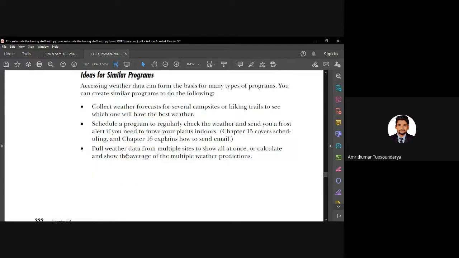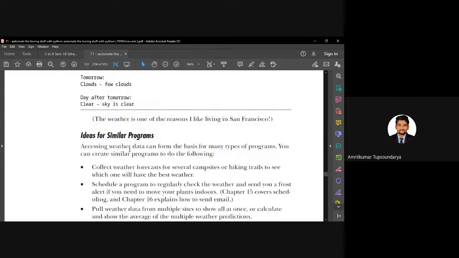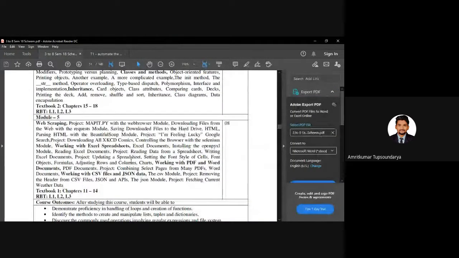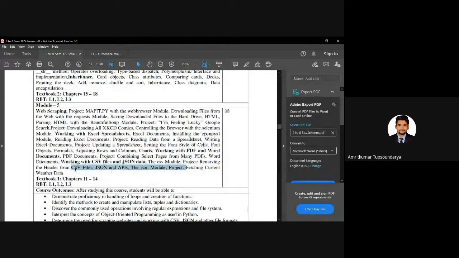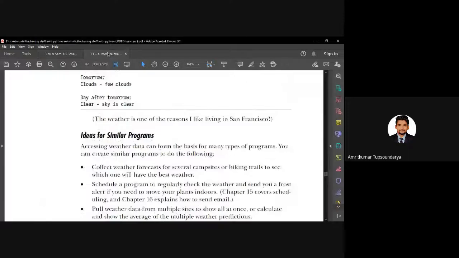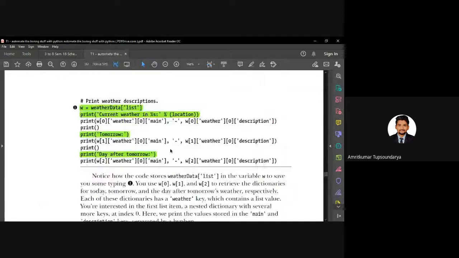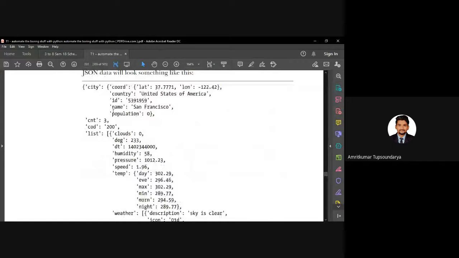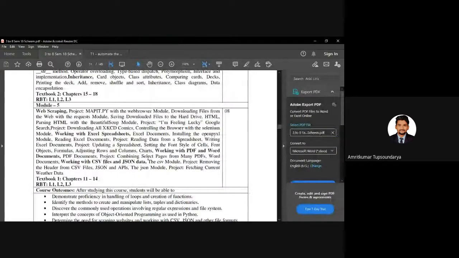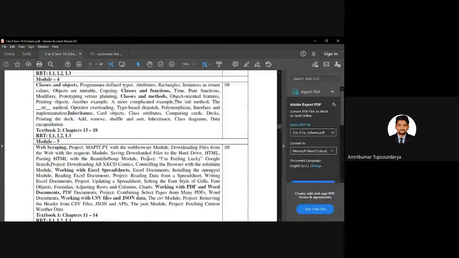Anyway, this is all about module 5. With this, we have come to the end of module 5 with fetching the current weather data. So that completes module 5, and in turn our complete syllabus. So I hope this subject was interesting. This subject is very important because Python is a very interesting language, and we have seen so many interesting examples which you can make use of, right from the password locker and so on. So there are a lot of examples and projects that we have discussed here.